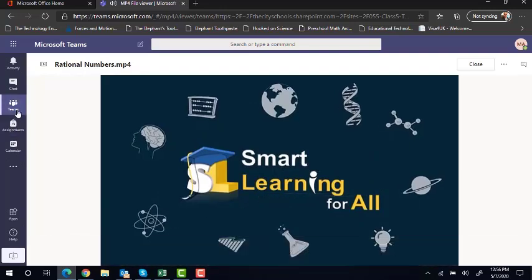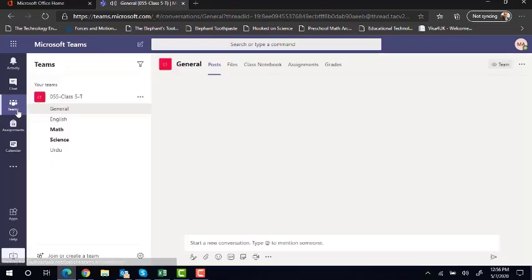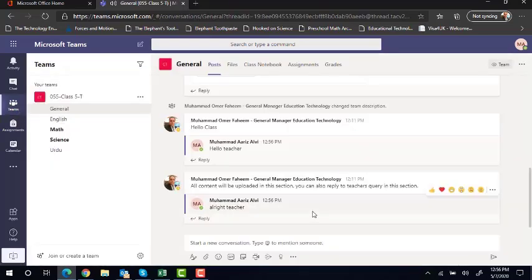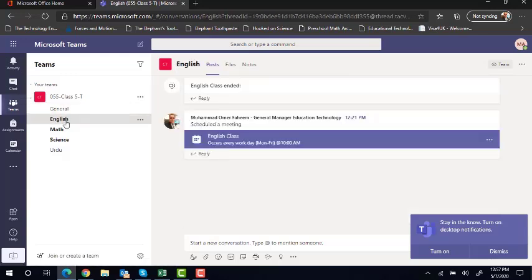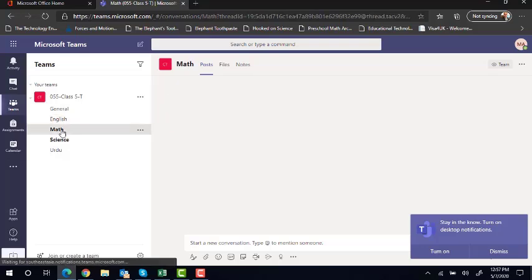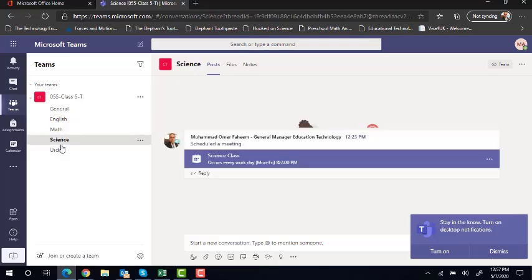Now similarly, I'll go back to my Teams menu and I'll show you how you are going to see what content has been uploaded by teacher. Now the videos are uploaded here. Here you could see there are different tabs on the left within the class. This is a general class where you have the links like files, assignments and grades, but you have a link for English, you have a link for math, you have a link for science, you have a link for Urdu,